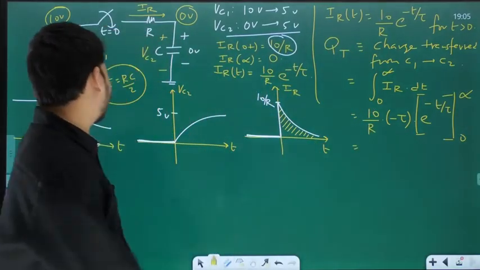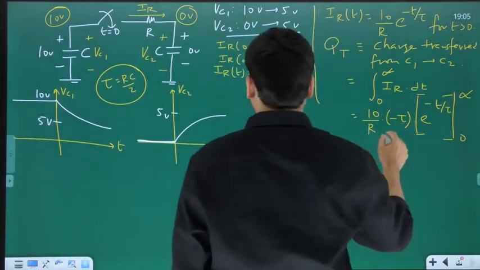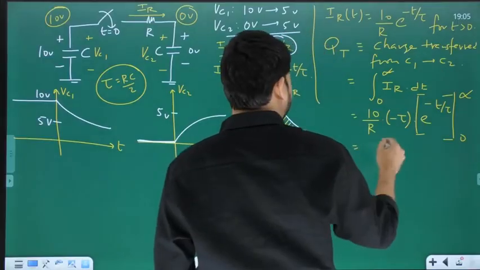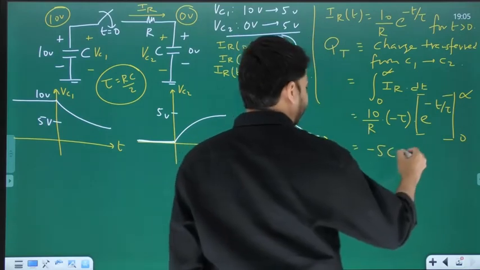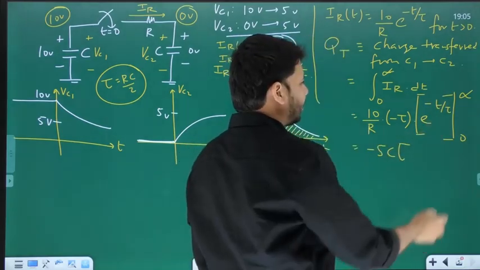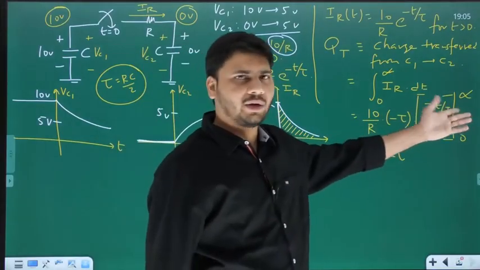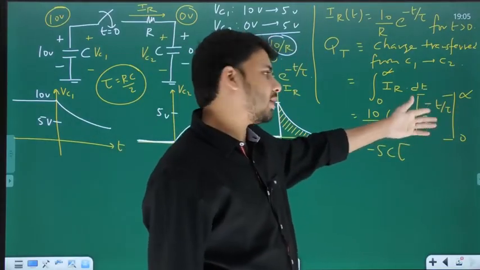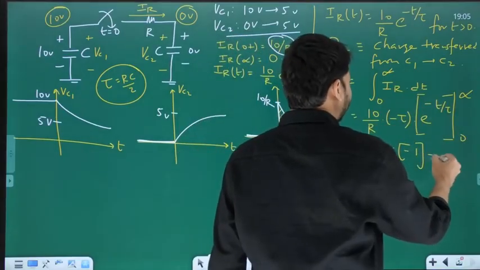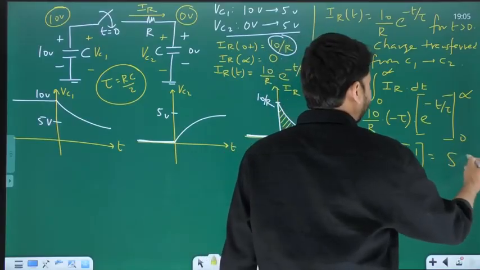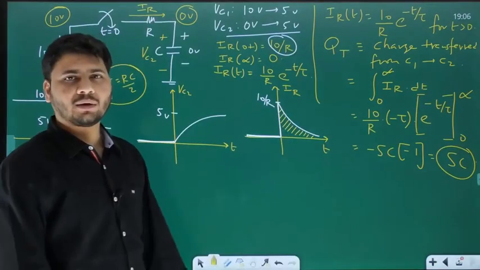The limits are from 0 to infinity. Again, what is tau? It is RC by 2. So in place of tau, if you substitute RC by 2, R and R will cancel out. I think you'll get minus 5C times the value of this integral. So in place of t, if you substitute infinity, what is e power minus infinity? It is 0. What is e power 0? It is 1. 0 minus 1 is minus 1. So the value of this thing is minus 1. Minus 5C into minus 1 is